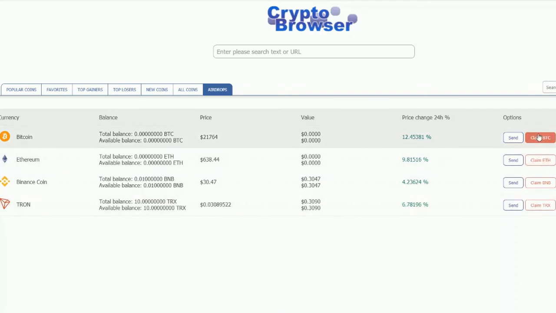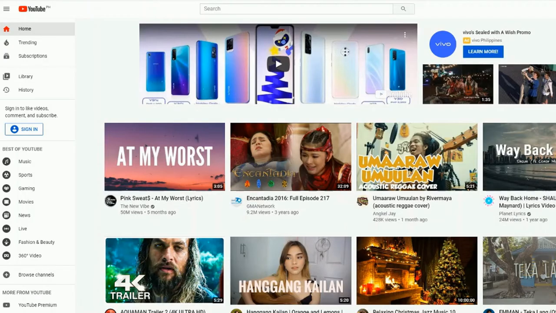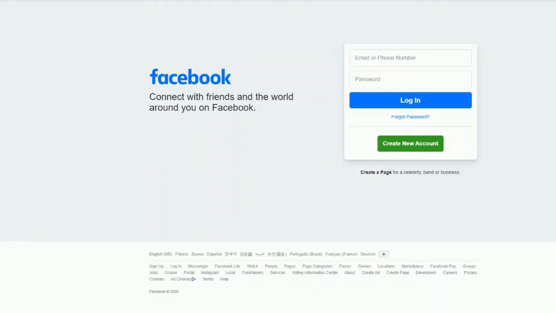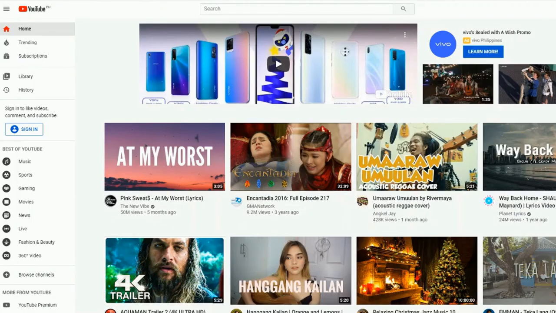So nothing here yet for BTC. I will still find out how you can earn this BTC and Ethereum. Besides other browsers that you use, I made a video about Brave browser. You can use Brave browser. You can use CryptoTab. Yeah, so those are the 3 browsers I recommend. I will also put a link in the description about those browsers. You can also get them and use them on your computer. Brave and CryptoTab, they all have an app which you can also download and use on your phone.